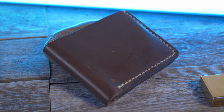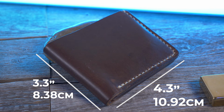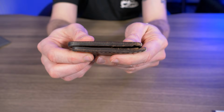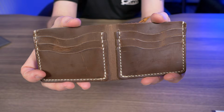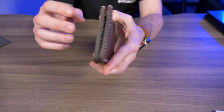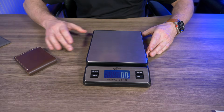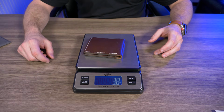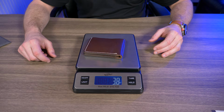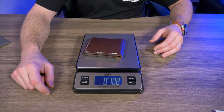So when the wallet's closed, it measures at 4.3 inches wide and 3.3 inches tall. And it is right around ½ inch thick. That's with no cards in it. So that means when it's open, it's right around 8.6 inches. All right, they don't really mention what this weighs on the website. So let's give it a quick weigh before I start stuffing some cards in there. So in ounces, it says it weighs 3.8 ounces, and then switch that over to grams, and that's 108 grams,